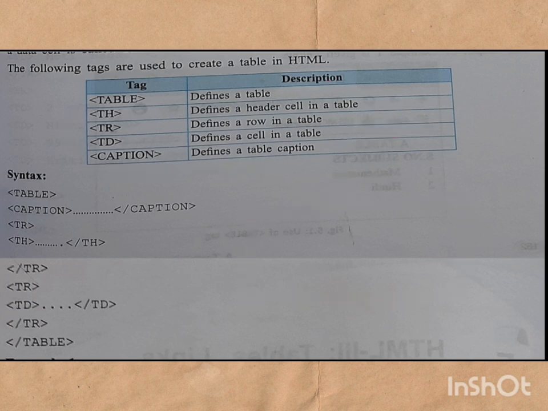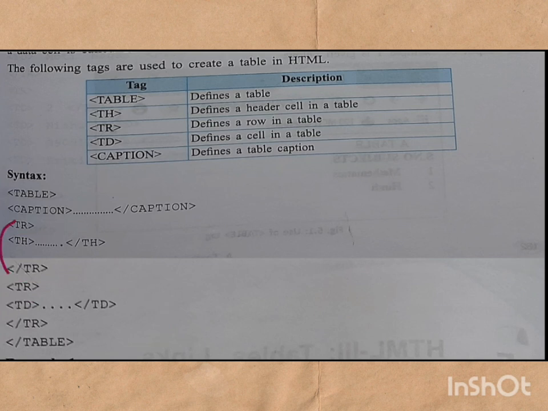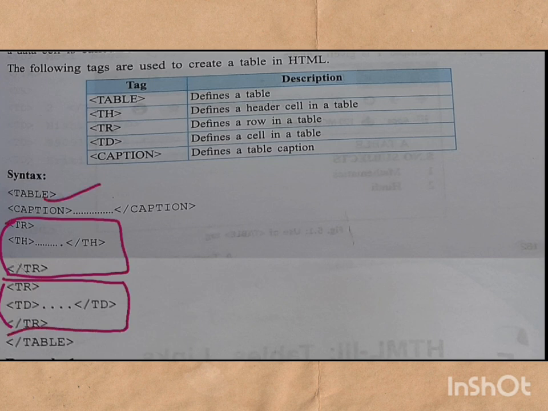So class, you see the syntax. This is often asked in examination, what is the syntax of creating a table, then caption, then table row. This is table row close, this is your first row, and this is your second row. Again I am repeating, this is your first row started and closed here. This is second row started and closed here. So this is one block, you can say, and this is another block of table. Now after that, close of the table is needed, as I have told you in form also.